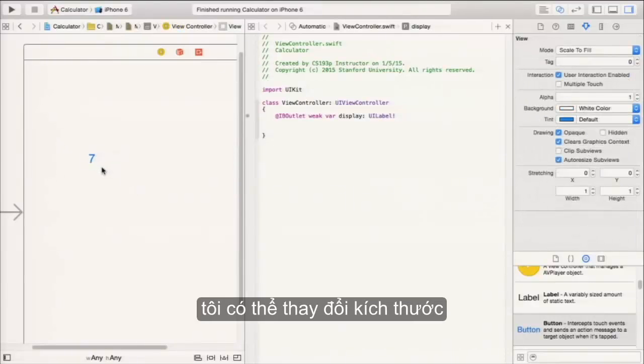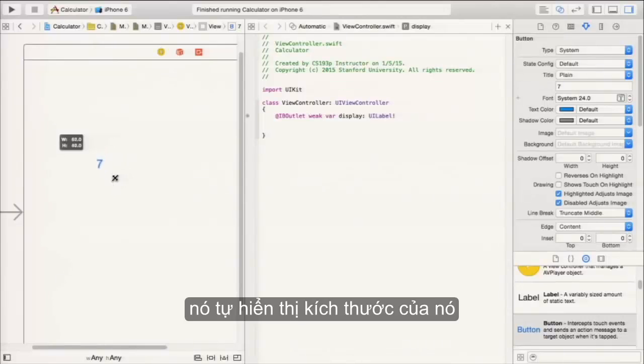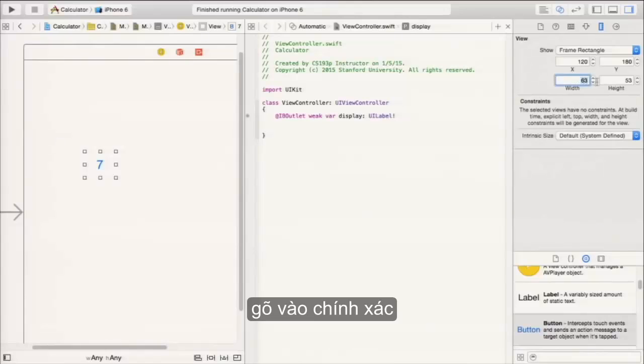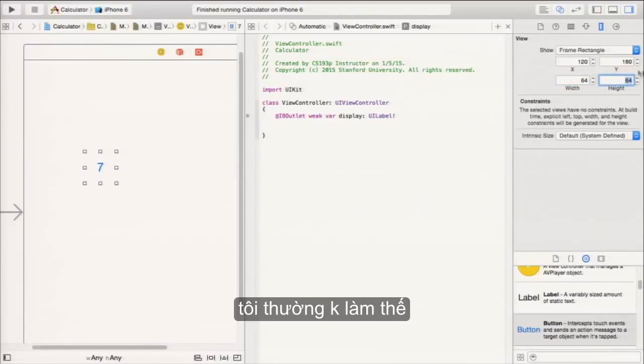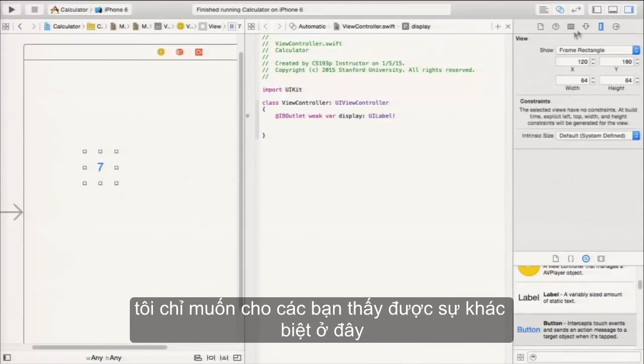I can resize. Notice that when I resize, it'll actually tell me the size. See it saying there what size it is? I can also set the size maybe with this size inspector right here. Type it in exactly, maybe 64 by 64 or something like that. We don't usually do that. We want things to be kind of their natural sizes, but just wanted to show you that there are other